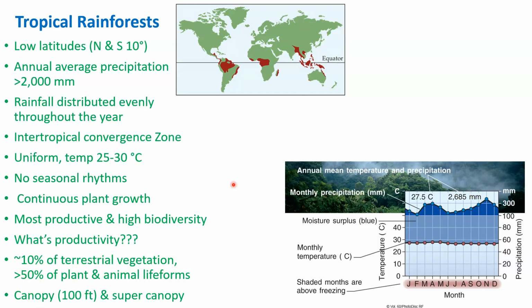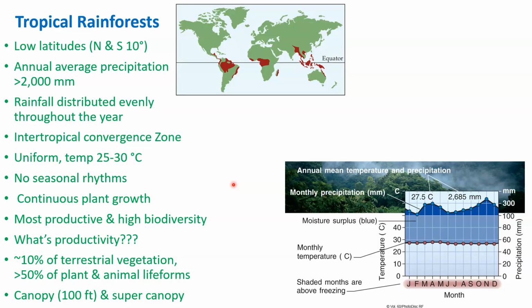In terms of the entire surface area of the planet Earth, tropical rainforests only account for a very small fraction of the Earth's surface, but within tropical rainforests, you find over 50% of the world's animal and plant species. To be a little bit more precise, some of those plants and animals are actually endemic to tropical rainforests, meaning they are only found within tropical rainforests.